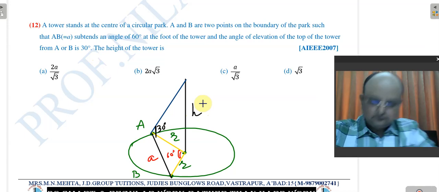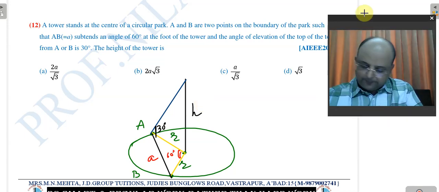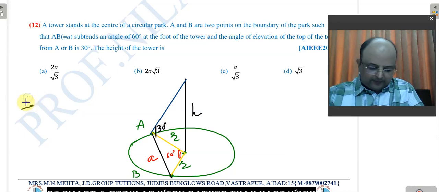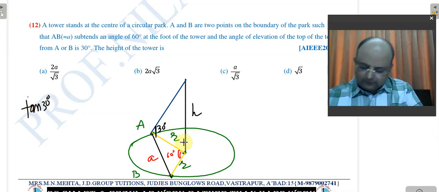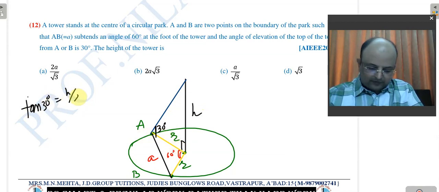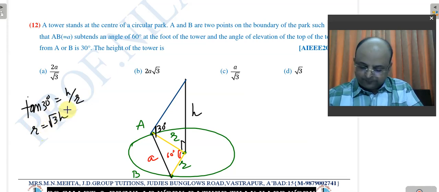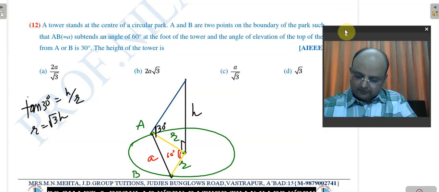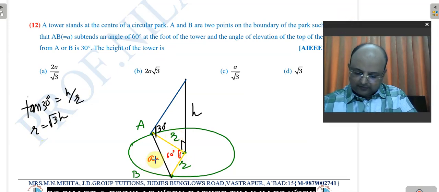Yep. Okay, I go for it again. This is tan 30 degree. For this, of course, this will be right angle triangle. So this is hypotenuse, and tan 30 degree is opposite upon the radius, that is h upon r. So you can observe that your r equals to root 3 h. Hope it is okay. One more thing that I want: what is the height of the tower? Okay, can you find out some relation between r and a? Yes, you can. Come on.